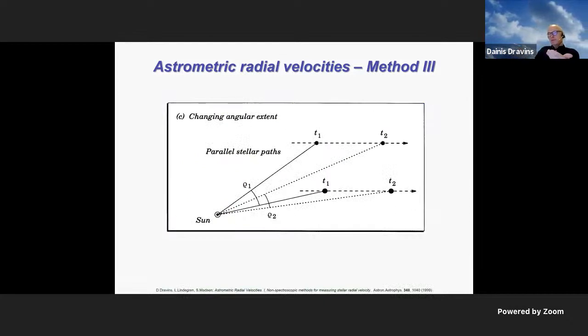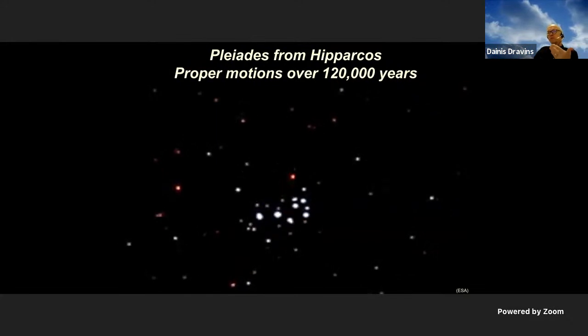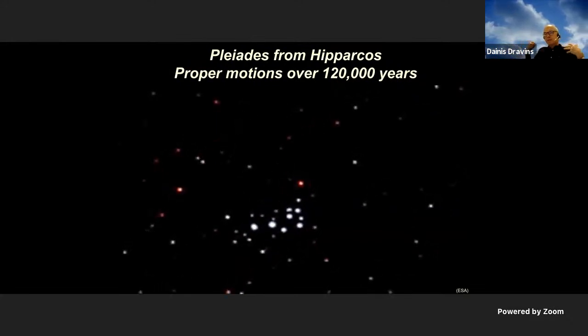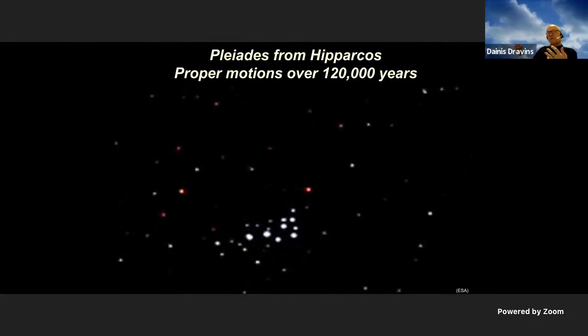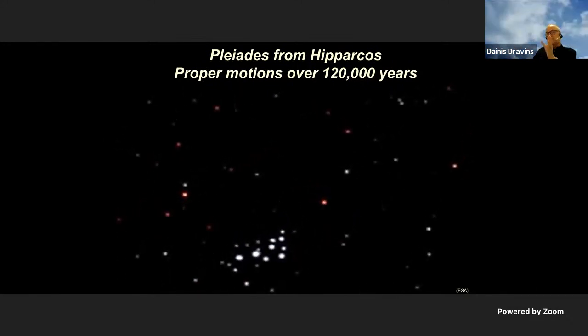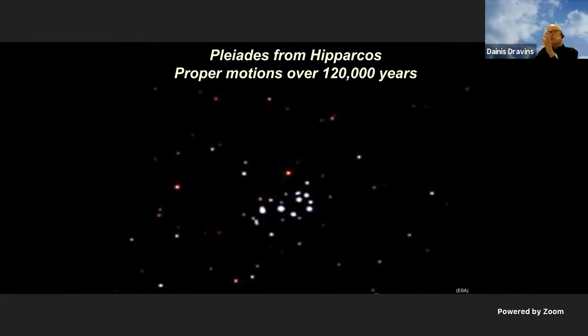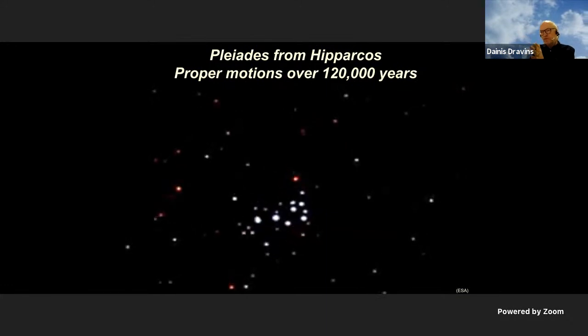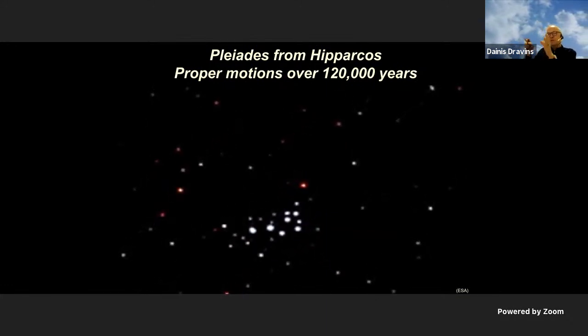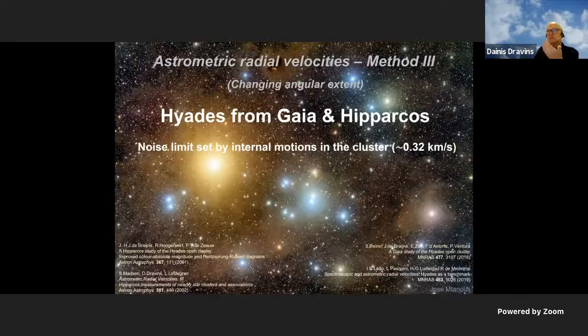There is a third method, and that is to study the changing angular extent of something that is moving in space. Like a cluster of stars that's flying through space like a flock of birds, they are flying with the same vector. And that means that like a flock of birds, its angular extent will change with time. And you can tell what is the change with time that gives you the derivative of distance, how quickly does the distance change with time,